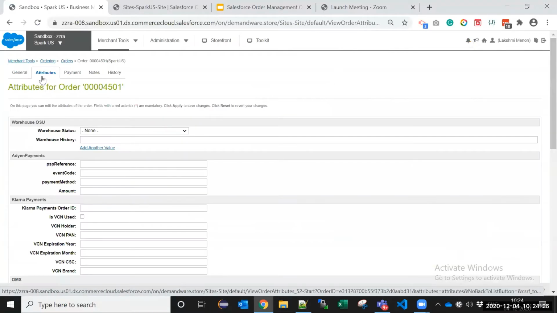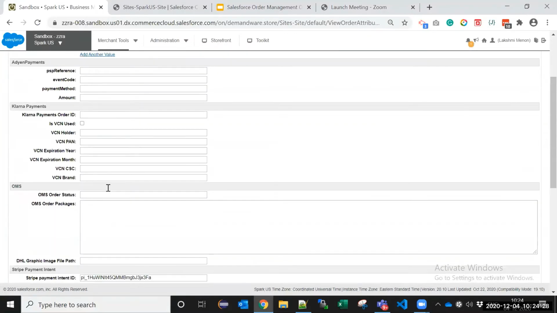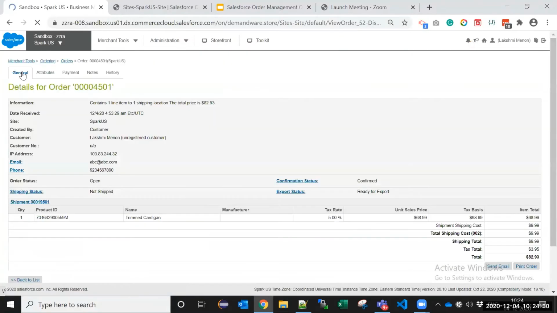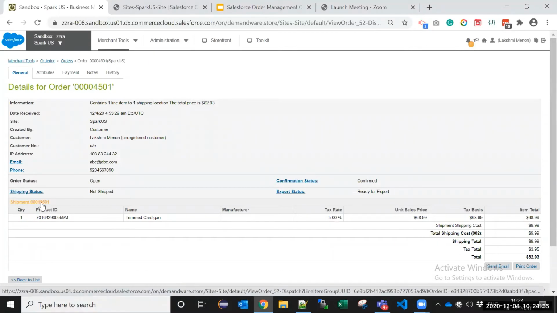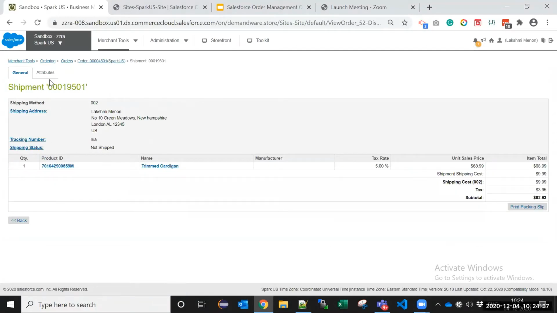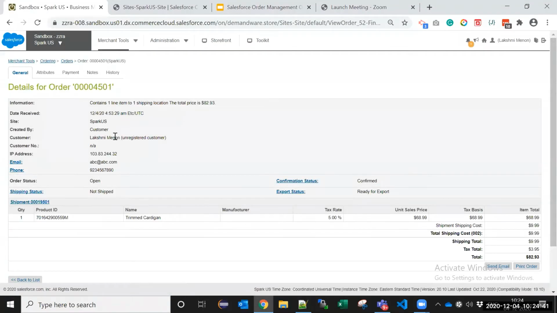I can actually modify some of the attributes if I want. Here, for example, if something is incorrect, customer service representatives can always log in here and correct the details if they need to. So this is just the order section in the Business Manager module. Yeah, so that's what I had for today.